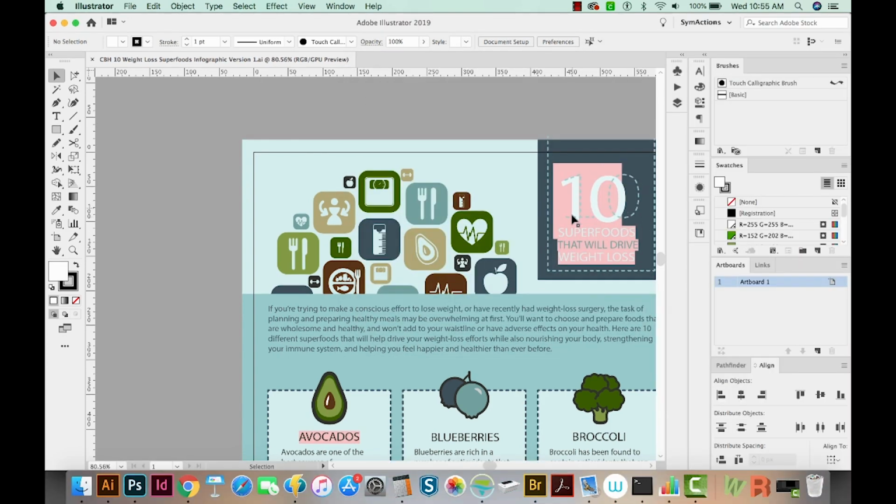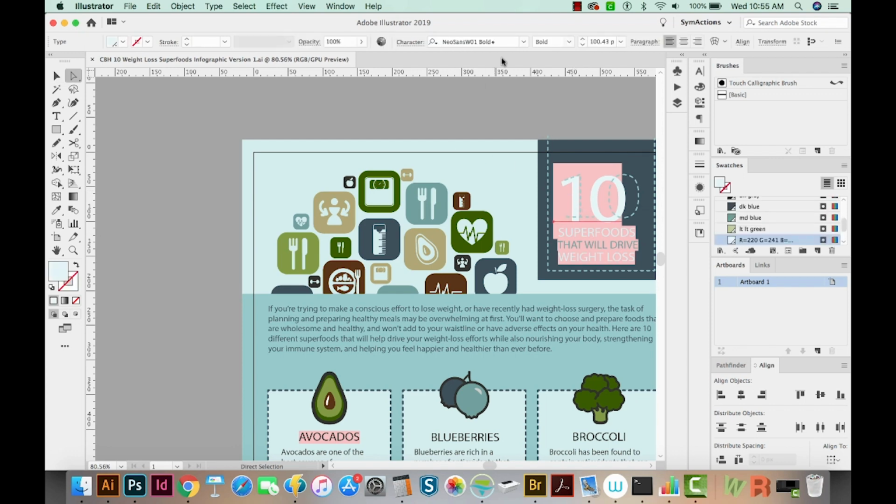Okay, and as you can see, some of our fonts are pink. And if we click on this with our A tool, we can see a little diamond beside that font name. So this is Neo Sans W01 Bold, and it has a little diamond. That little diamond means that that font is missing. If we click down here, this font is also missing, but it doesn't show a pink box. So only some of them will show pink boxes, and other times all of them will show pink boxes.